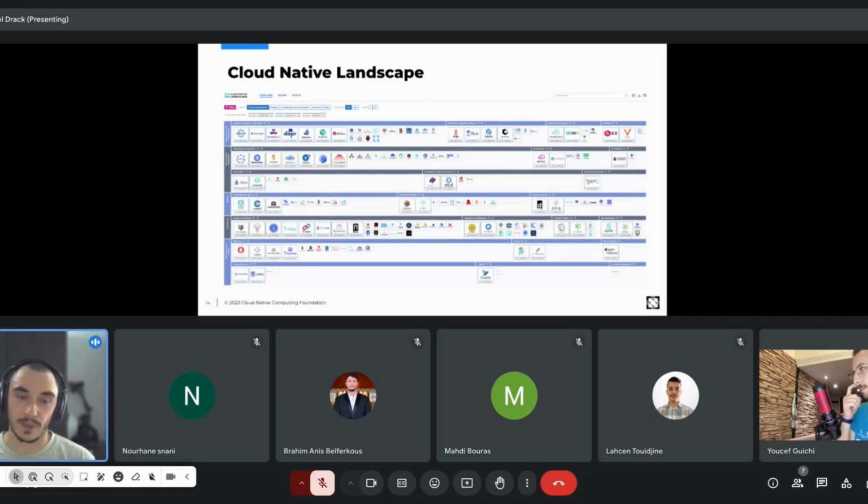The CNCF is managing like hundreds of open source projects by now, and to still have some kind of an overview, the CNCF is managing this landscape to give you an idea of which projects are out there, how mature they are, which companies are out there, if they are supporting the CNCF and to which degree, to just give you an overview of all these